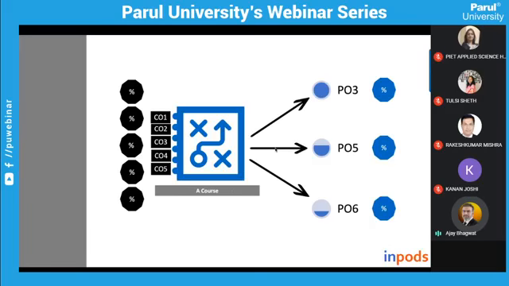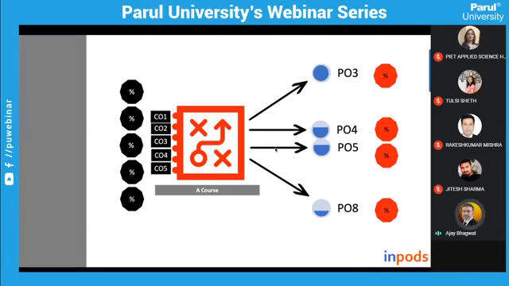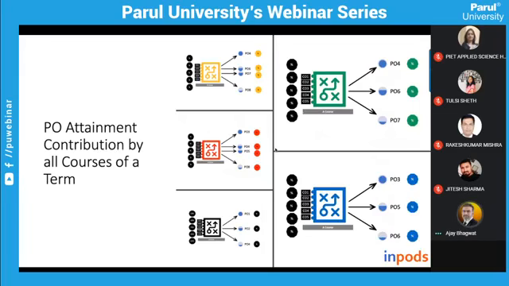It has different PO mappings. You can see the right side. This course has slightly different mappings with other POs, right? Likewise, this course has 4 POs mapped with it. Another course also has 4 POs, but there is a variation in the POs mapped with this course. So finally, zoom out and you will see these 5 courses, and various program outcomes mapped with various courses. So this is how the program outcomes are achieved by the students by going through these courses.